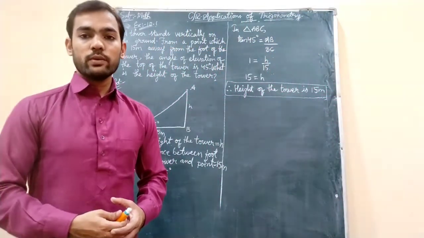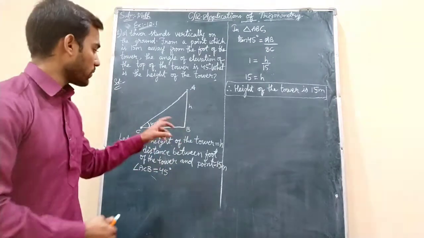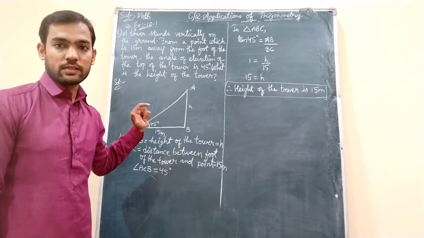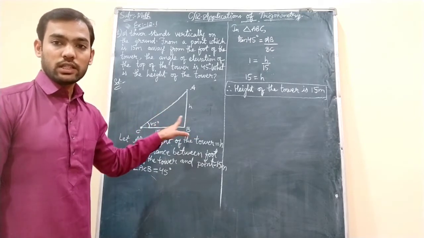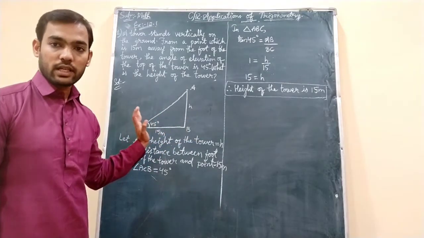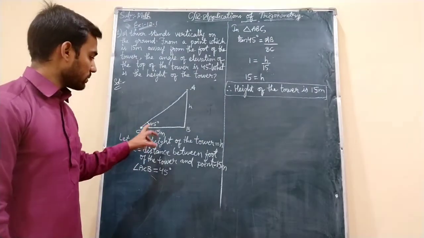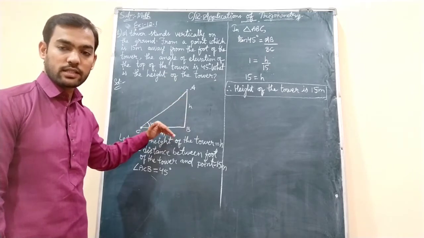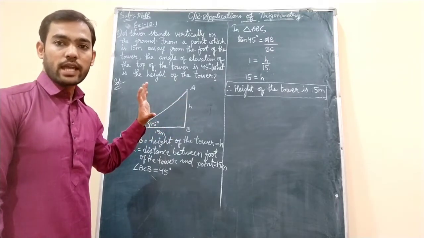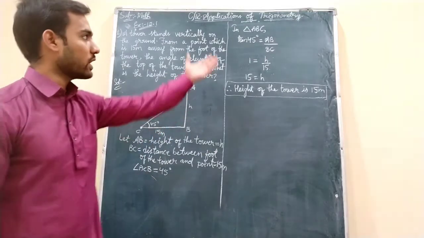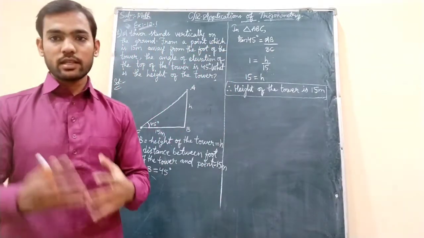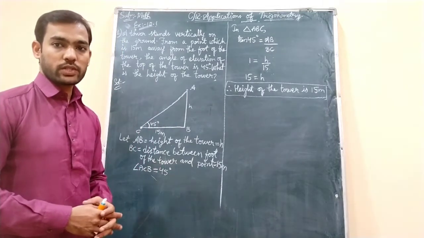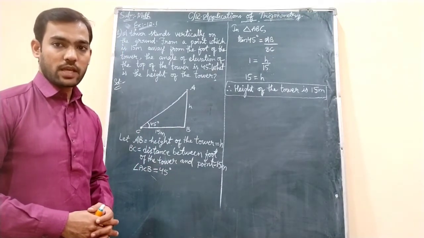Remember one thing, whenever the angle of elevation or the angle of depression is 45 degree, then height will be equal to the distance between that object and the foot of the tower, I mean to say. So always remember that whenever 45 degree is there, height equals to distance. Height and distance are same at angle of 45 degree, because tan 45 value is 1. That is the reason both will be same. Okay, students. So note down this one, then we will proceed to question number 2, which is very important as per examination point of view.